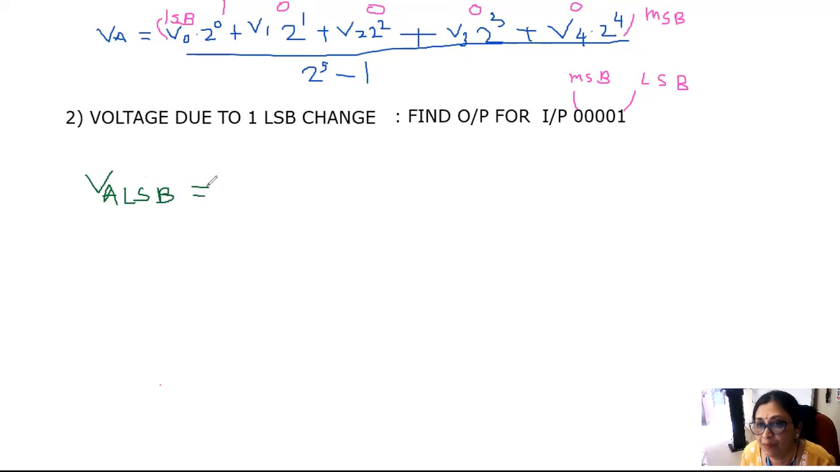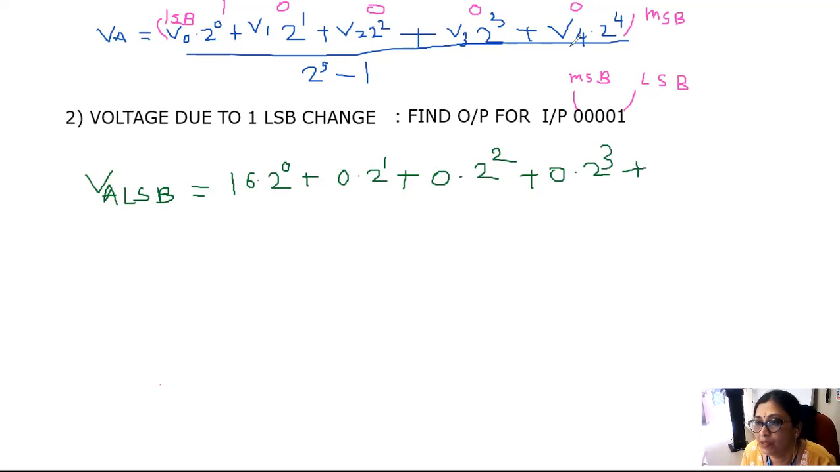So VA LSB will be, now as this particular bit is 1, the value of V0 will be 16, 16 into 2 raised to 0. Now as this bit is 0, value of V1 will be 0, 0 into 2 raised to 1 plus, as again this digit or bit is 0, the value of V2 will be 0 into 2 raised to 2. Similarly, V3 will also be 0, 0 into 2 raised to 3